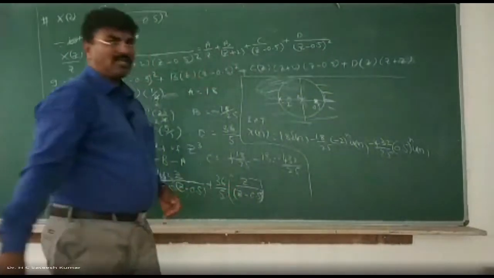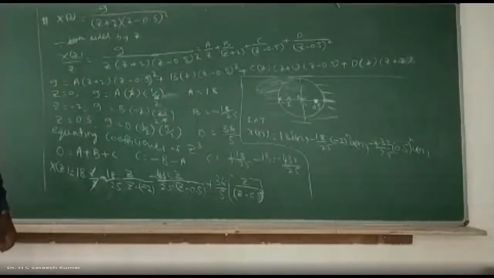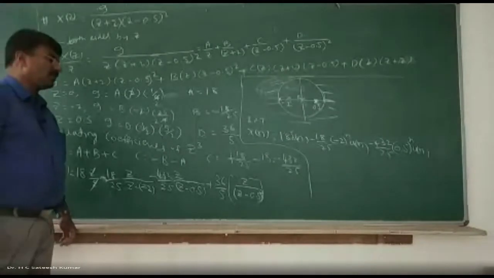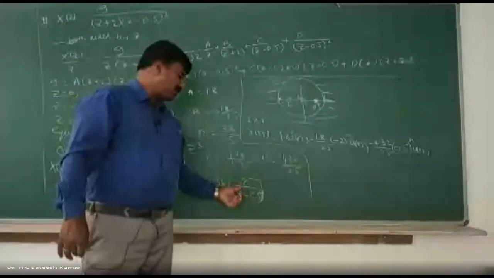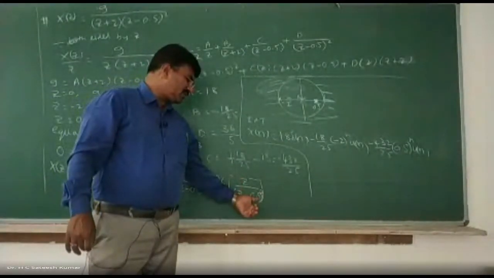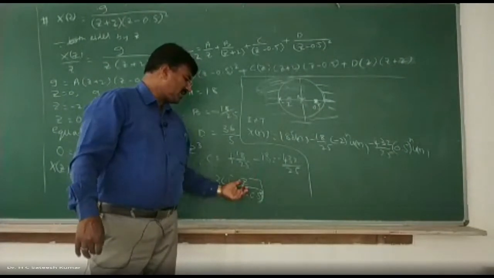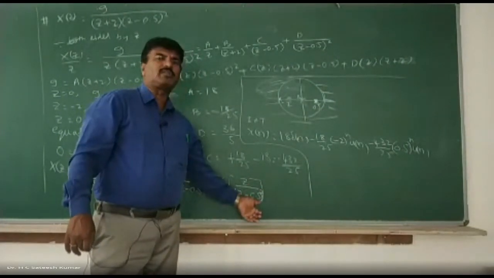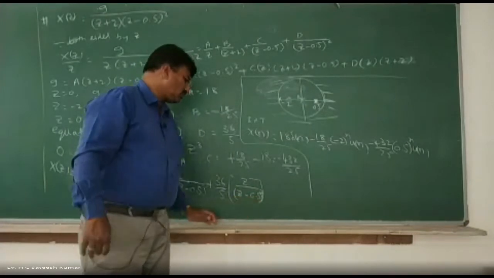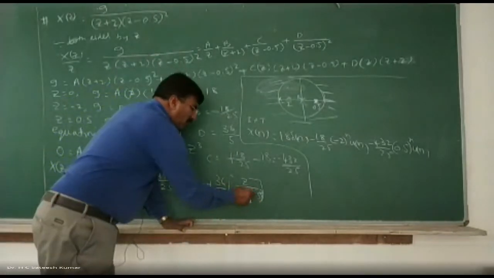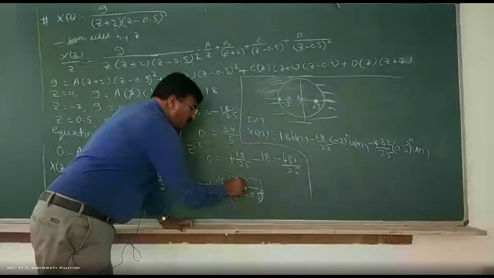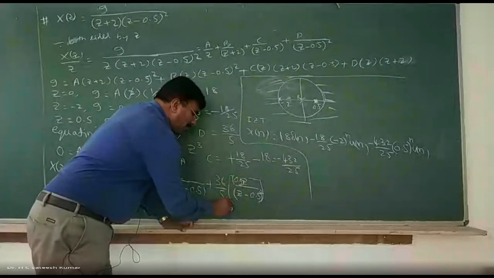But this is not a standard Z transformation pair. What is the standard Z transformation pair? Az divided by z minus 0.5 whole square is not a standard form. Az divided by z minus a whole square is the standard inverse Z transformation pair. So a we should write it. A is what? 0.5. So if you are writing 0.5 here in the numerator, divide by 0.5.